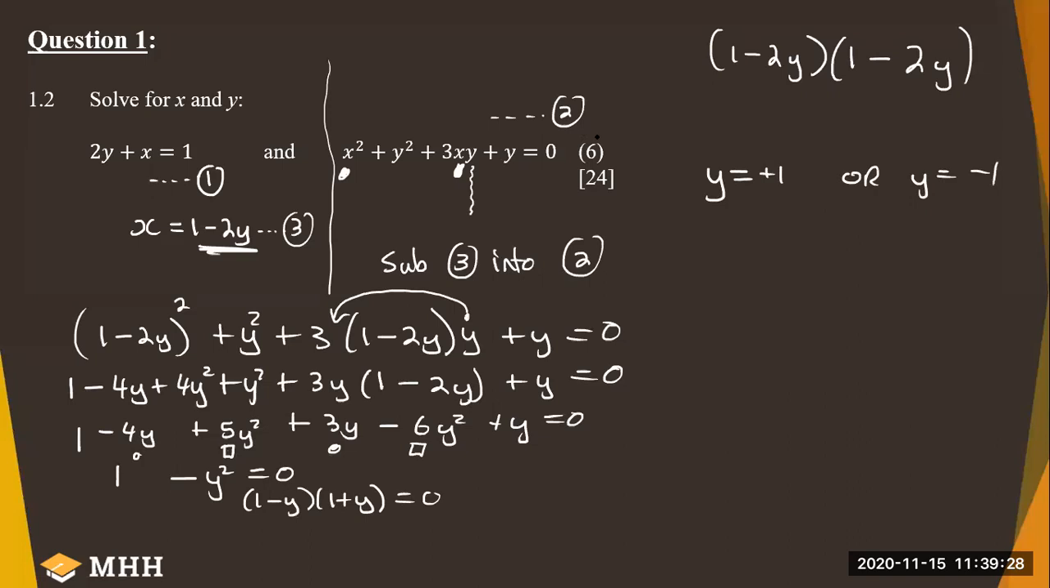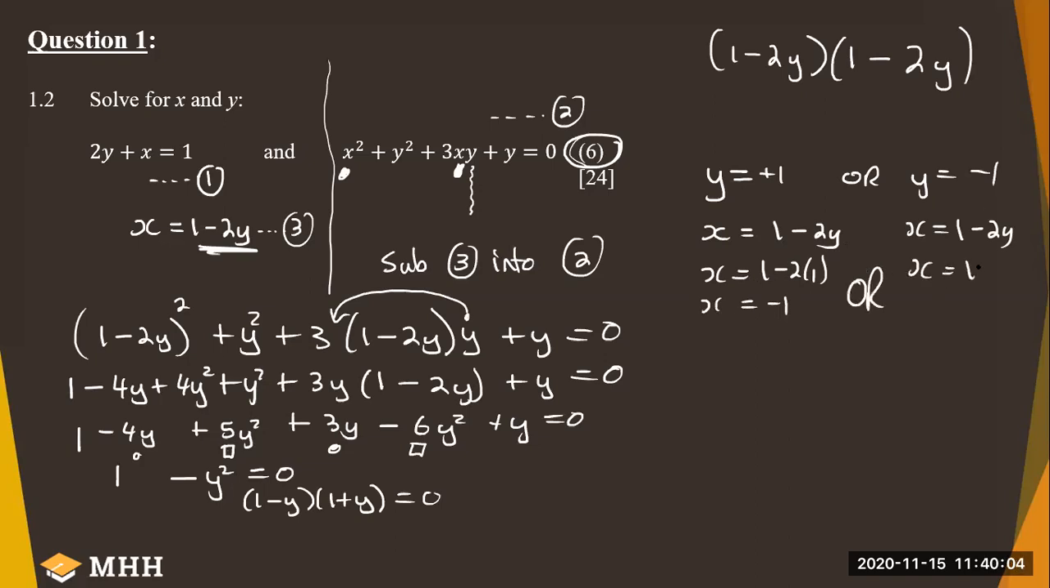I have seen in the past pupils do also forget to actually sub back in. So you've got now the y values, so you must still sub in to find the x values. You can sub into any one. I'm just going to sub it into this one, equation 3. You don't always have to say where you're going to sub it in for this last step. You can just show this. So if the y value is 1, it's 1 minus 2, so it's negative 1. Or if the y value is negative 1,